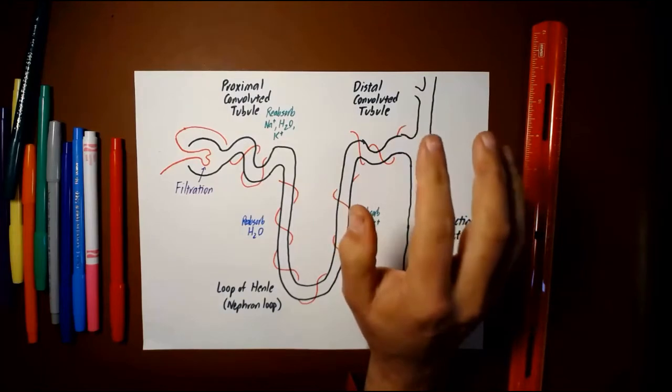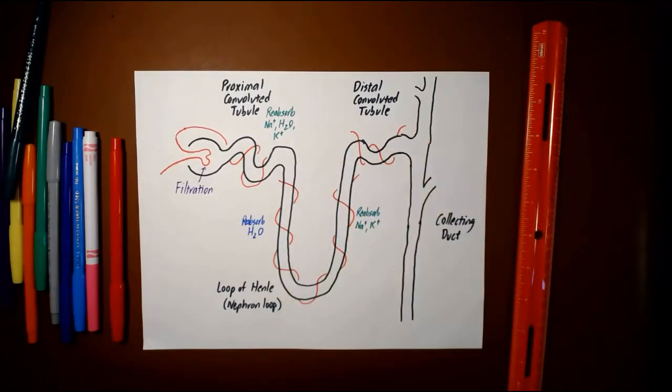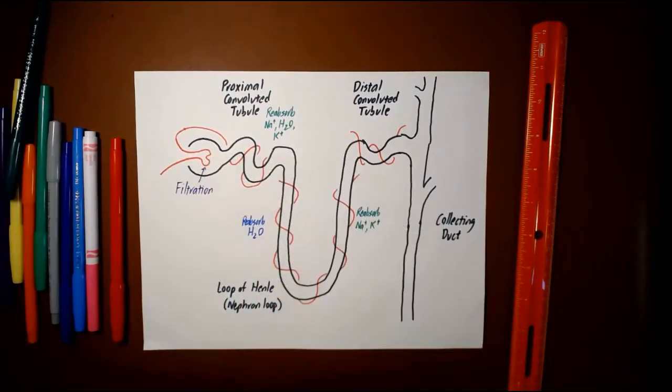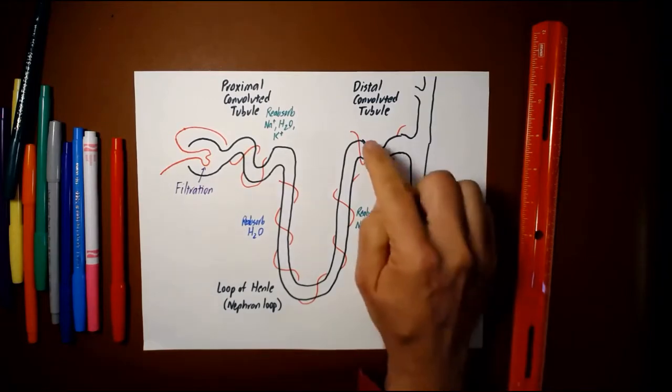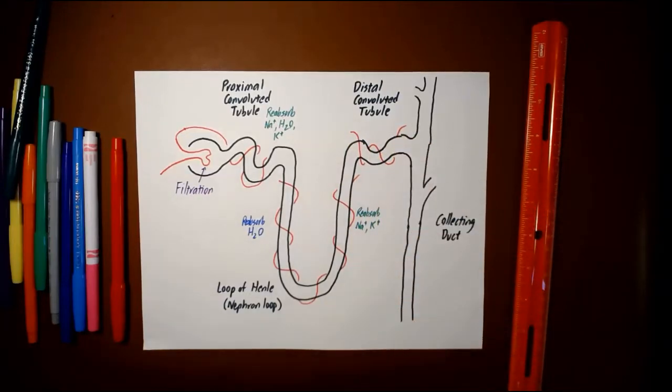We're still going to reabsorb a lot of what's left, but how much more we reabsorb is going to be variable. What gets reabsorbed here is what's known as obligatory reabsorption. That really doesn't change much. We always reabsorb that. But then how much we reabsorb here in the distal tubule and the collecting duct, that's going to be variable because our kidney needs the ability to adjust how much we reabsorb based on what we